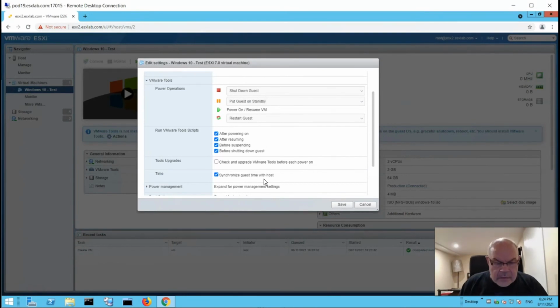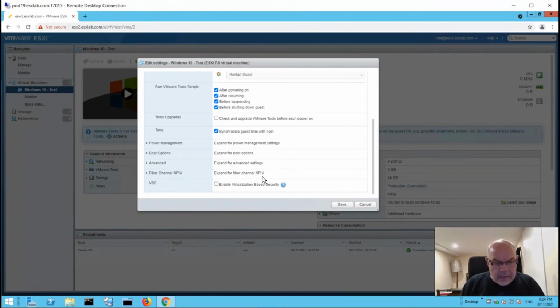This says synchronize the VM time to the host clock. Since the host clock should be configured to use NTP, Network Time Protocol, the host clock will always be accurate,